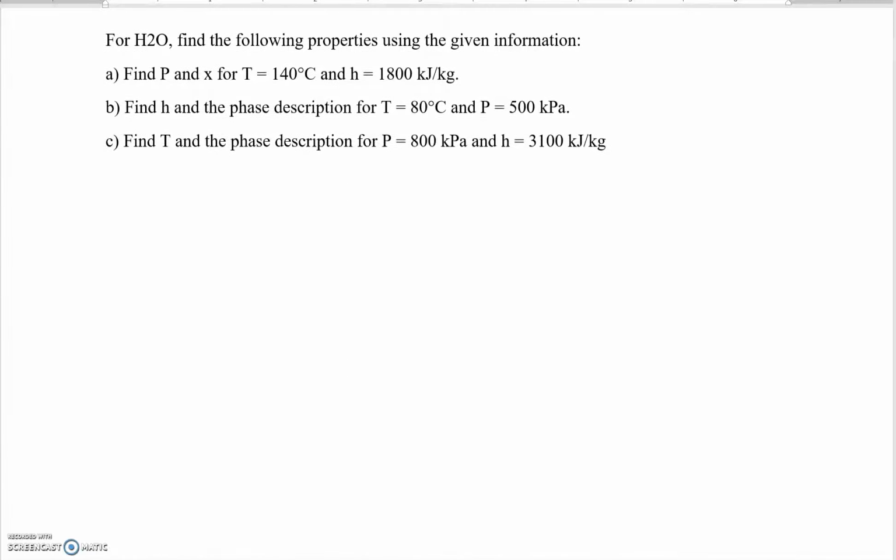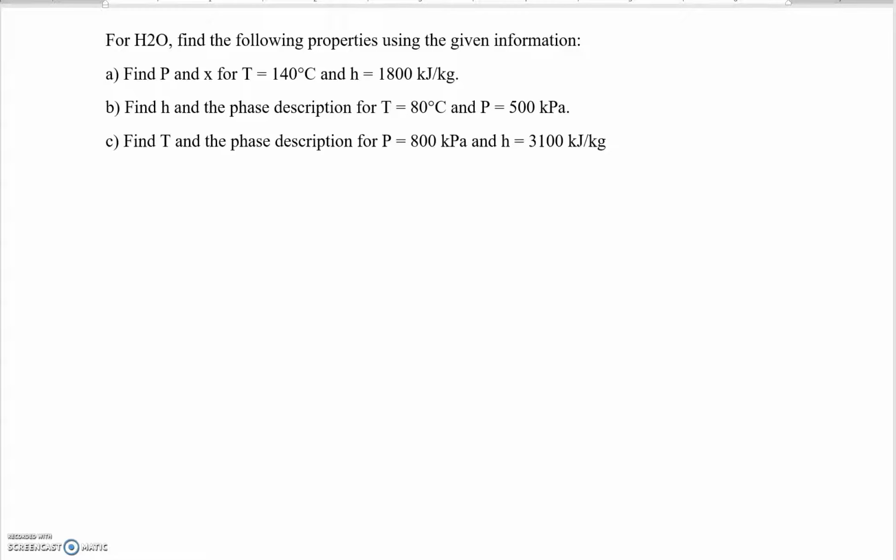So we have water, and we find the following properties using the given information. In this case we want to find pressure and X, if we have the information about the temperature, and H is the enthalpy of our water. So let's start with part A, since we have the pressure and we want to find the X. Alright, so the information that we have here,